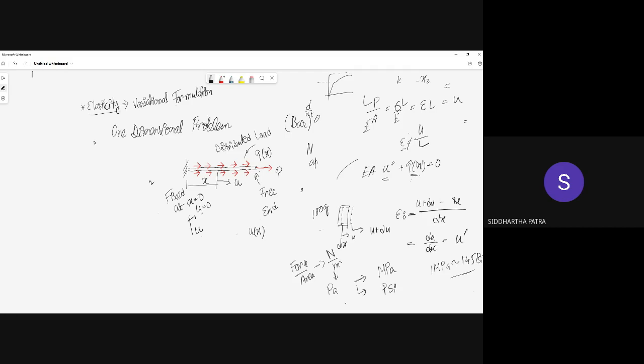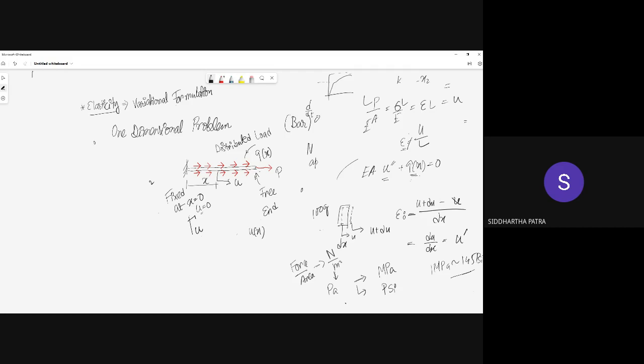Okay, so if you want to develop the formulation for a numerical method, should we start with the most difficult problem in the book, or should we start from the simplest problem? So you are actually starting with the simplest problem, because for the simplest problem we would be having the closed form solution. That means we can directly write down the differential equation, directly integrate it, and compare the solution of the analytical method, which is the direct integration, with a numerical method. So that way we have the essence of how much error we get.